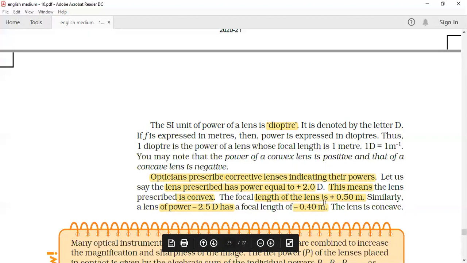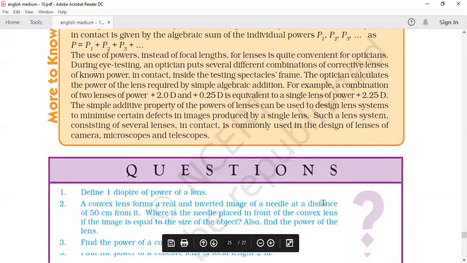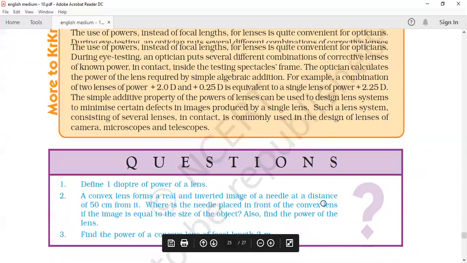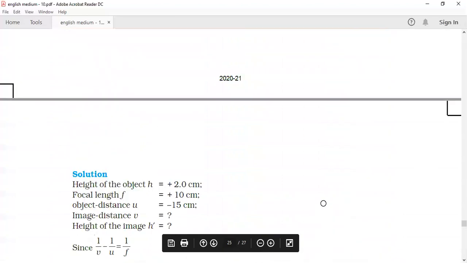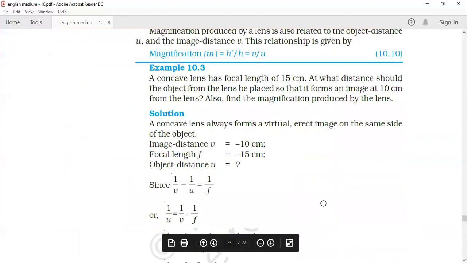Friends, this can come as a numerical question, a solved question, fill in the blanks, true or false, or any objective type, and match the following. At that time this type of question will definitely come. This is the last short note of this chapter, because after this there is no theory, only numericals. So we will solve one or two numericals here, because in the exam numericals will come.